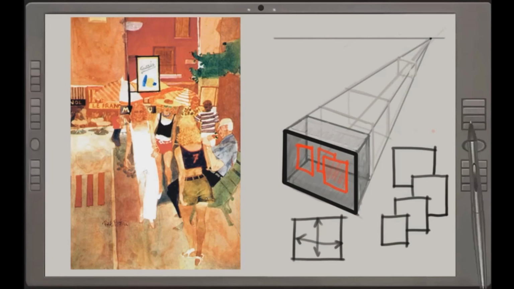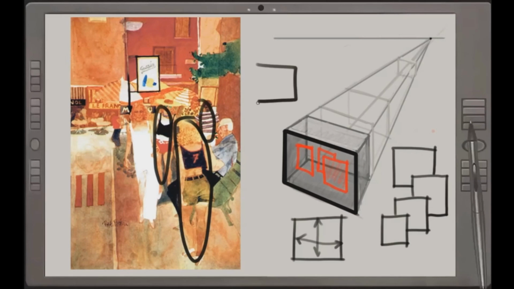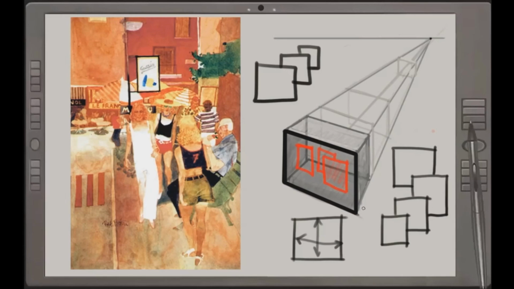Now, he also uses some of the perspective laws, just like in the previous example. So where are they? What is he using? Well, as you can see, there's a large shape here in the foreground, and then the shapes get smaller as they move further back, like that. So that's a law of perspective. Shapes, like this, get smaller as they move further back in space. In addition to that, to create